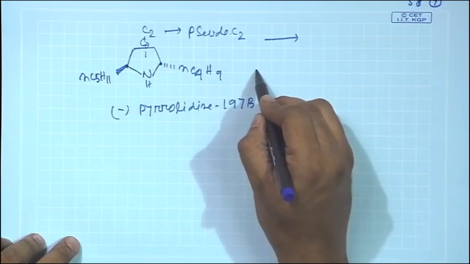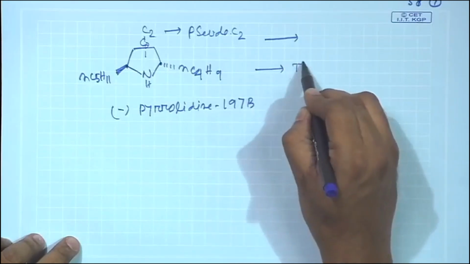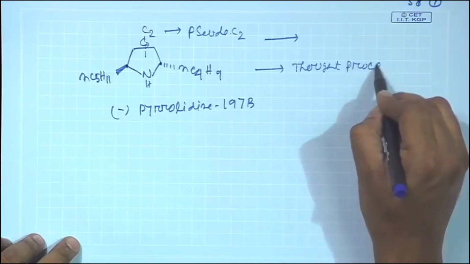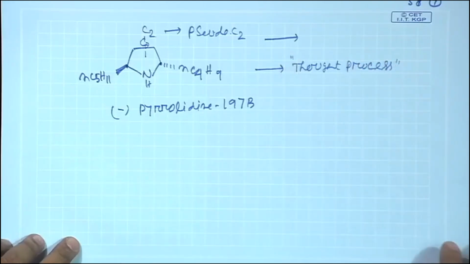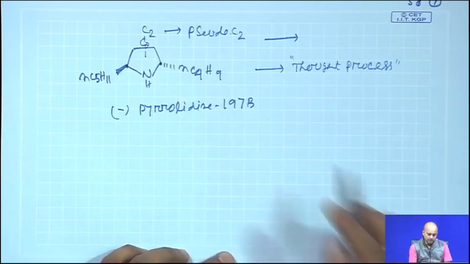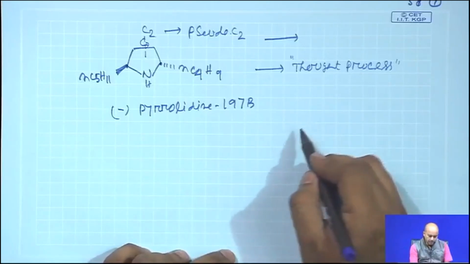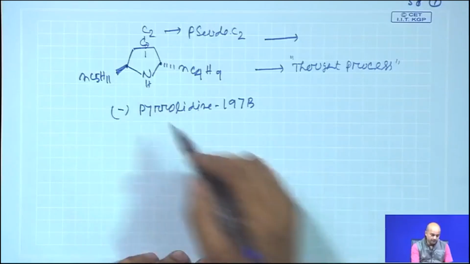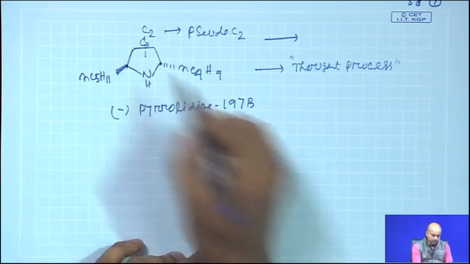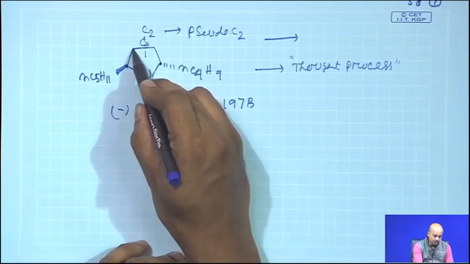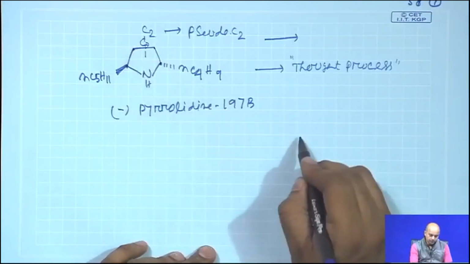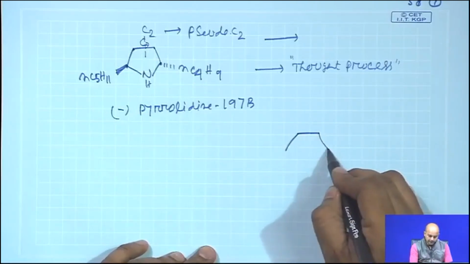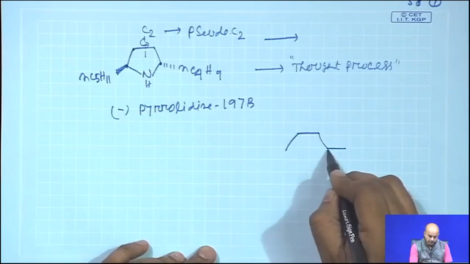Now, probably I will give you this as a thought process. You go and start thinking on your own about how this compound can be created, but let us try to give you a hint of how you can create it. If you see the structure, this compound basically has two methylenes in between. So, I will put these two methylenes in between, and then I will try to